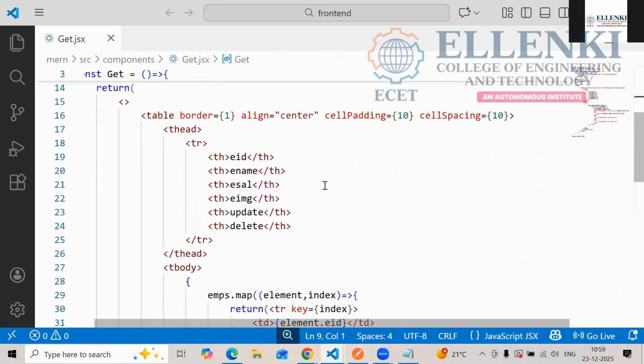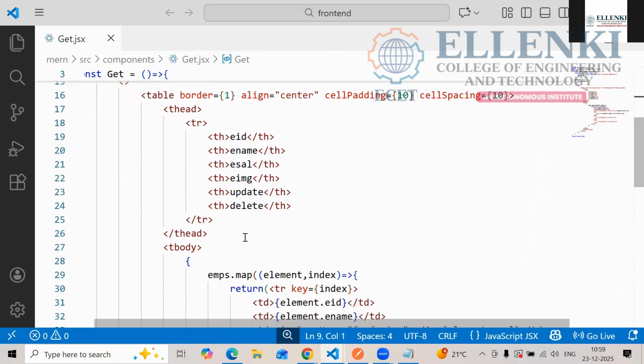Now I am creating what are the things I am having in my table. EID I am having, E name I am having, E salary I am having, E image I am having, and update and delete I need, yes or no. So that's why I wrote it before, in the before sessions. Okay, and this is the table head. In the table head I need this information, I wrote this one.